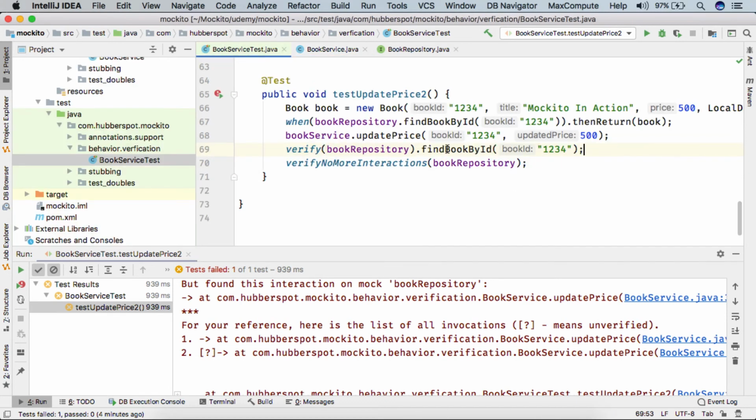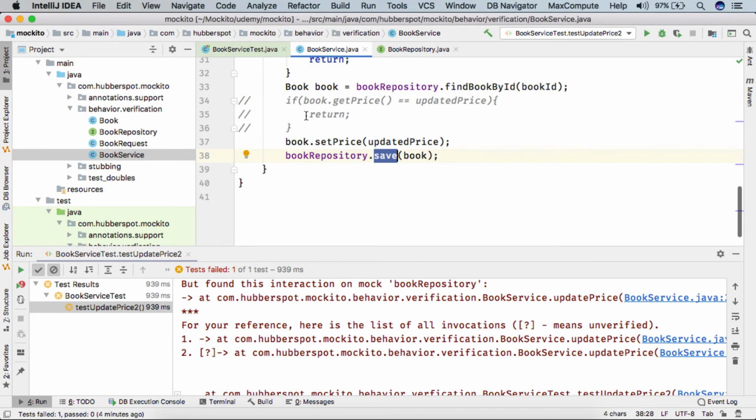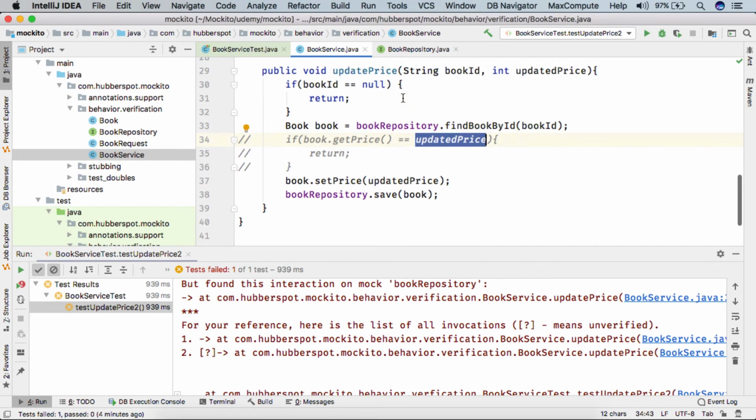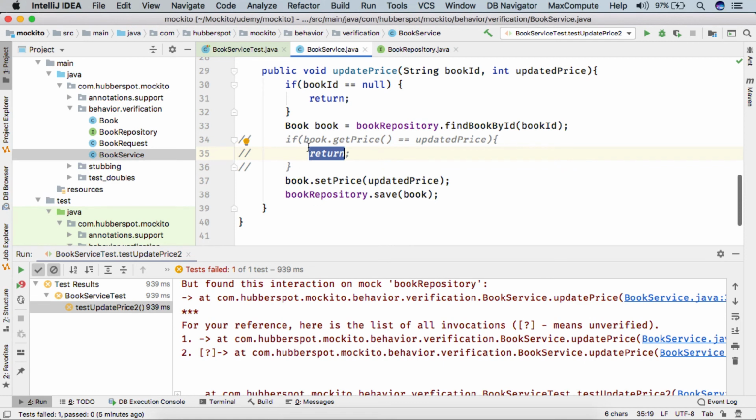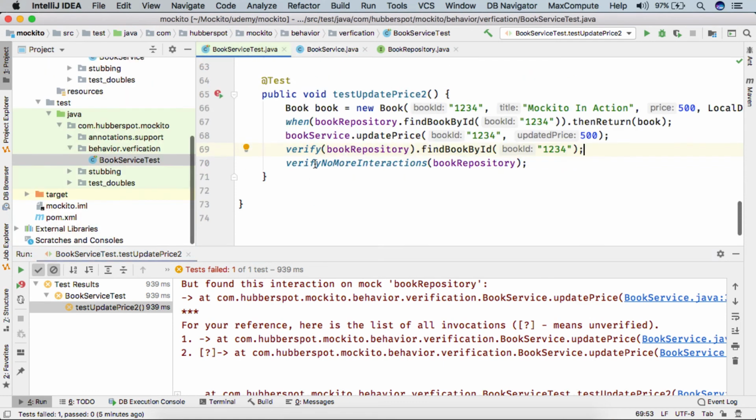So in order to pass this test case, either we can go with our flow, where if the price of the book is equal to the updated price, we simply return from here and our test case will execute successfully. Or, if our scenario was this only, then we need to verify this part as well.